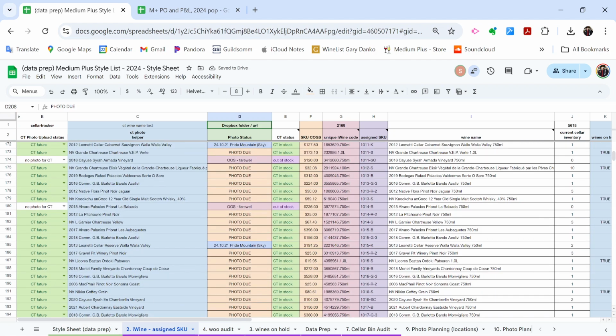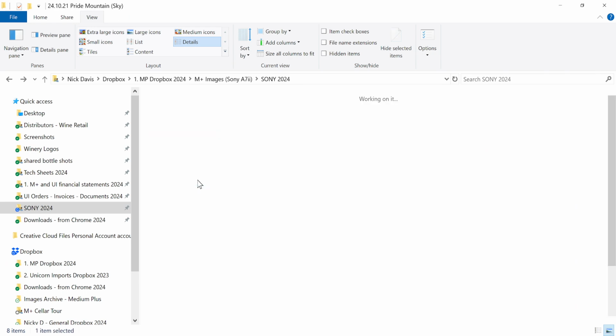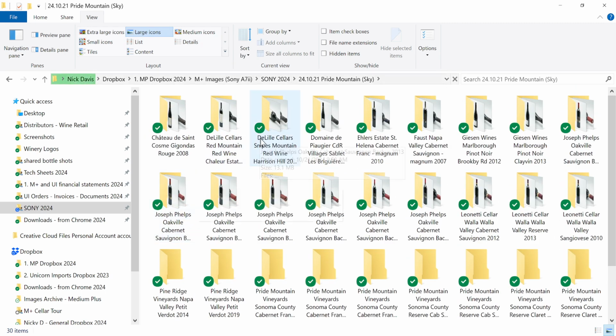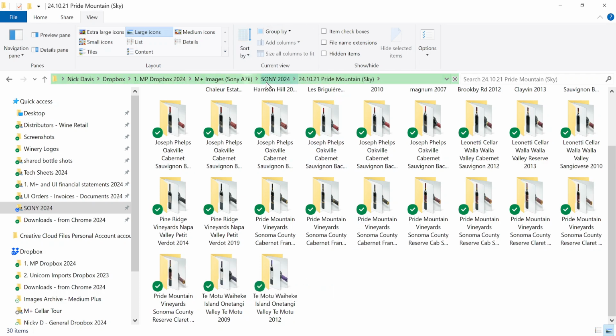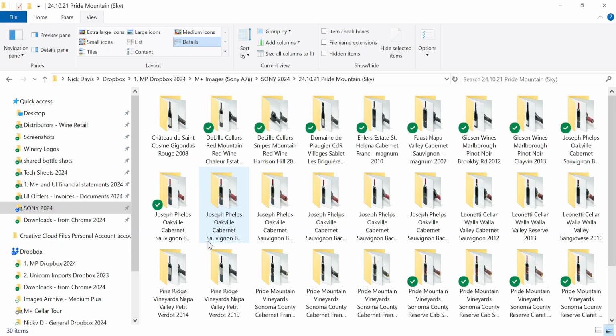Okay, so we're going to look at some photos of our wines from our recent photo shoot. And we're here in Dropbox with all these lovely folders and subfolders. So Sony 2024 captures our photo shoots from across the year. Our most recent photo shoot here is about Pride Mountain,